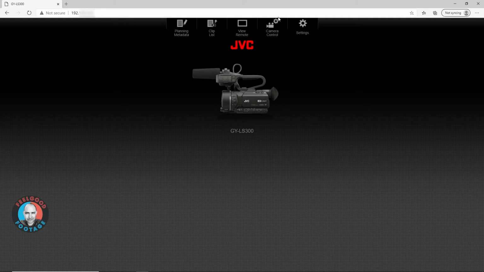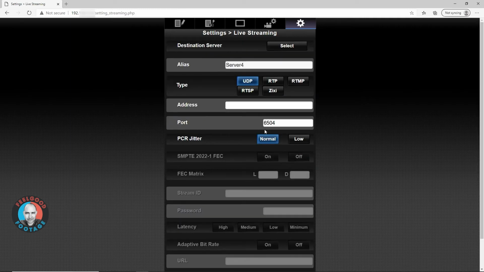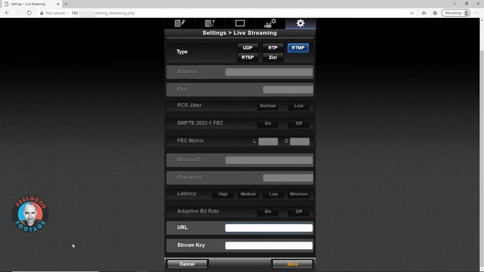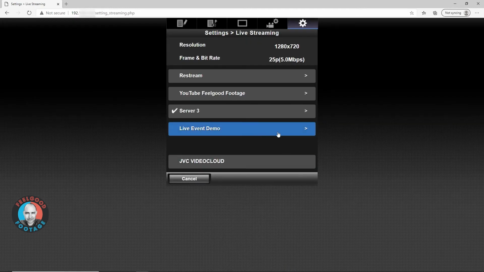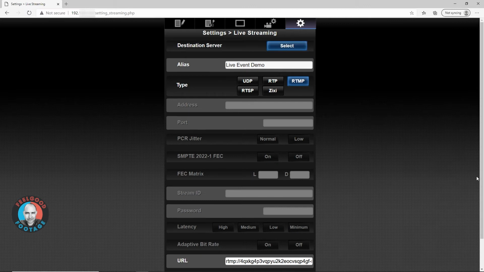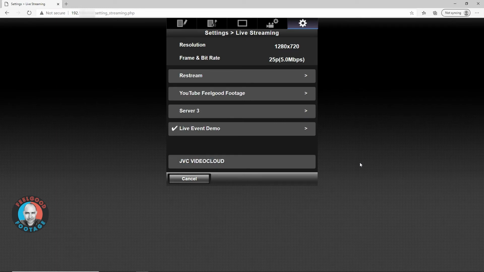So now I just need to go to settings and then live streaming and select one of my server fields to populate. I'm going to rename it, change it to RTMP, and then I just need to paste in the server ingest URL I've already copied and sent to myself as an email. With regards to Stream Key, the live event doesn't actually require this. So you just need to populate this with any non-zero value. I just put XXX. I'll save that and then I'll just make sure that I've saved that particular server as the default destination for my live streaming. And that's it, I can now leave the page.